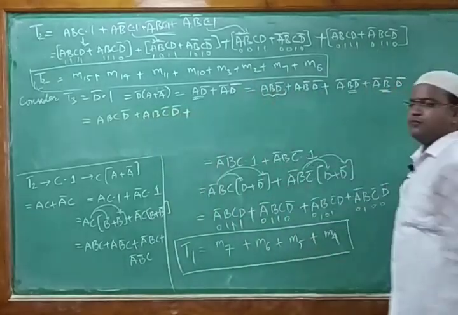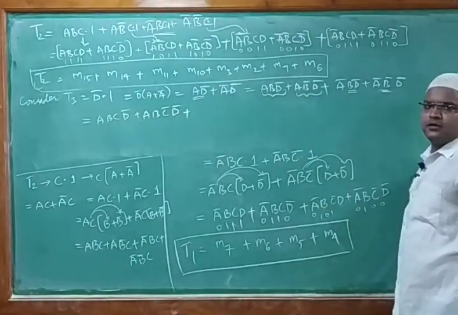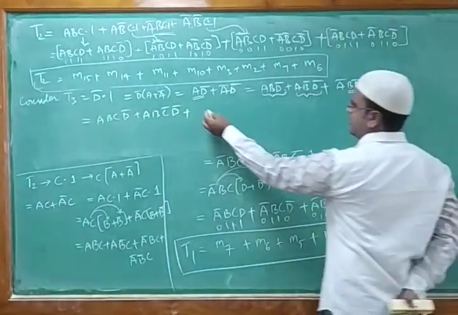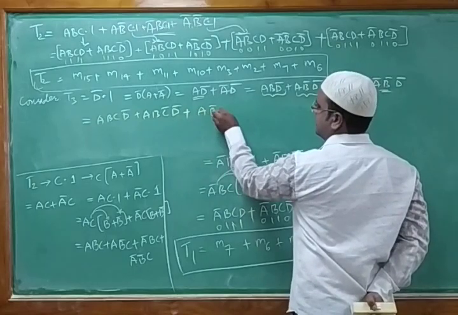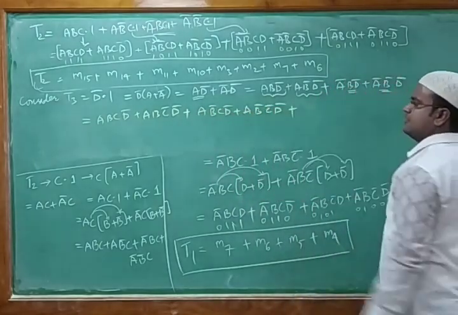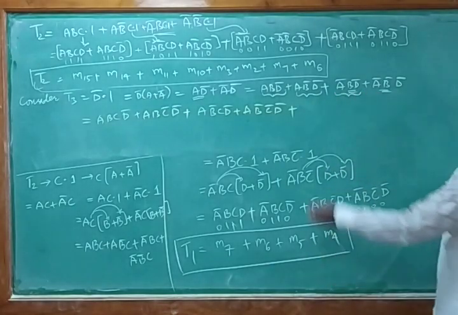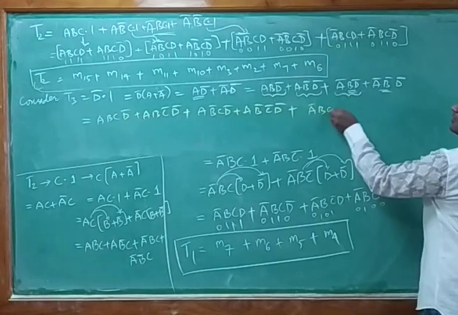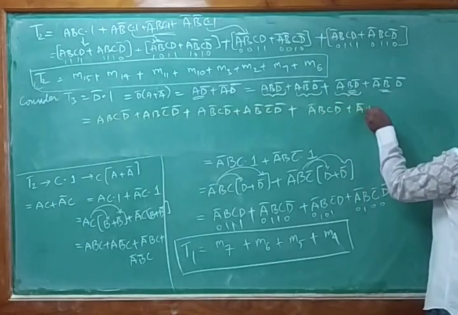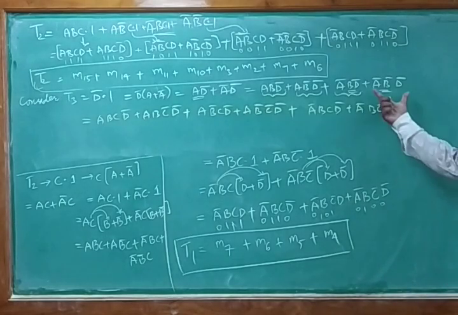That first term we modified into that respective term. Similarly next one A B bar D bar. What I can write? A B bar C D bar plus A B bar C bar and D bar plus now consider this term A bar B D bar. So what I can write? A bar B C D bar plus A bar B C bar and D bar plus we left with one more. So this is also left out.